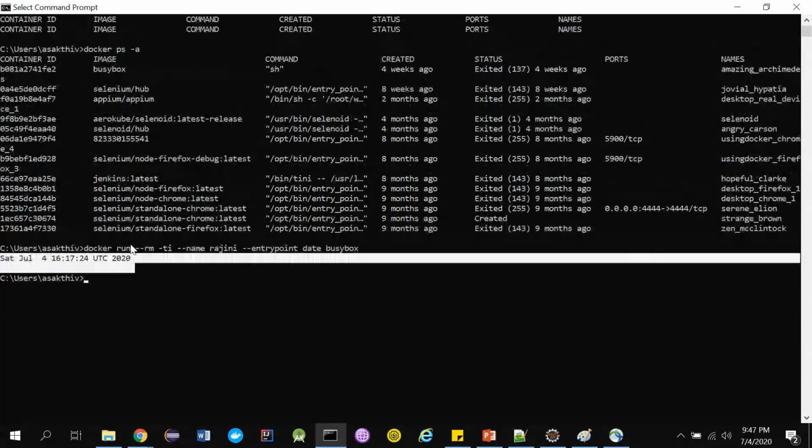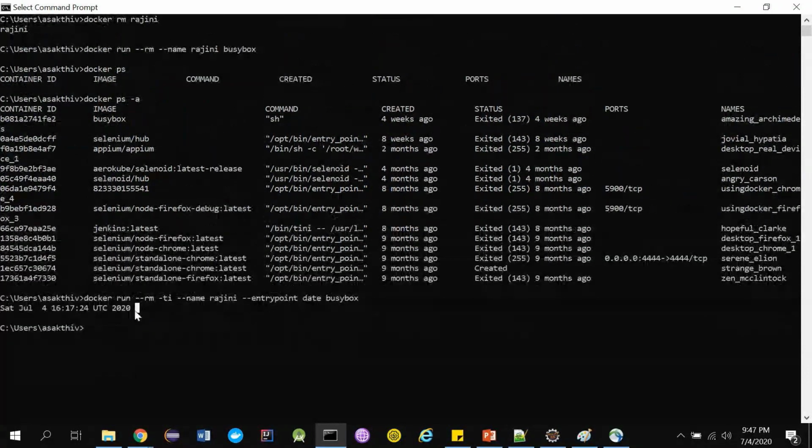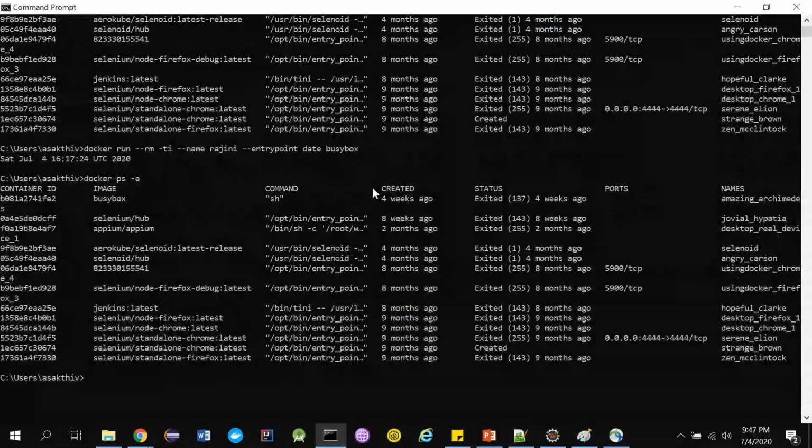Now we are overriding it, we went inside the container, and we executed the date command. We are also removing the container automatically. If you are not using it, the container will be in the stopped state, but there is no Rajini now, so it's been removed automatically because we used the rm flag. If you can understand this, we are pretty much good now.